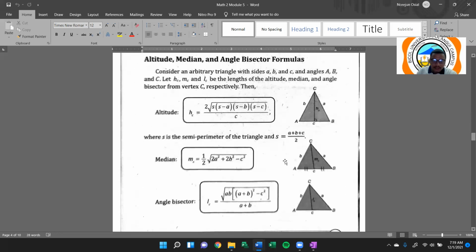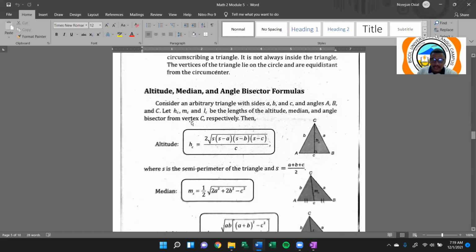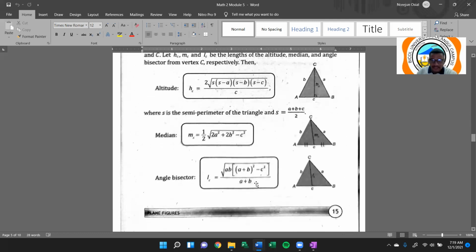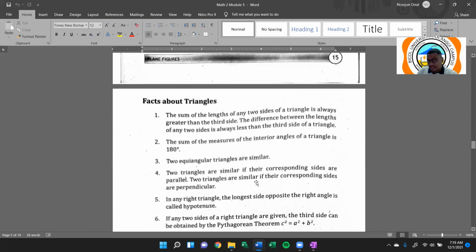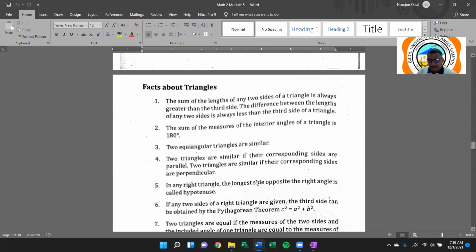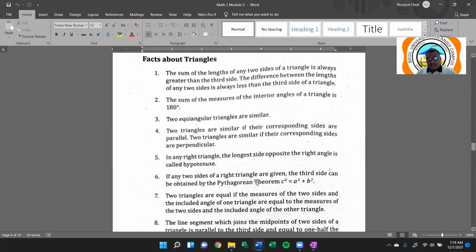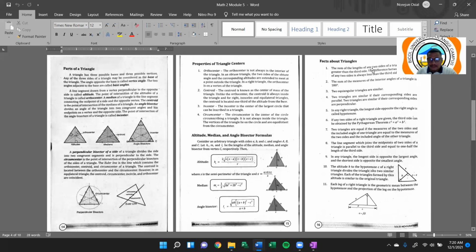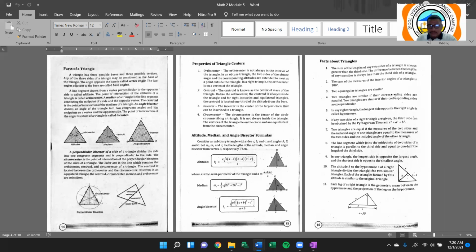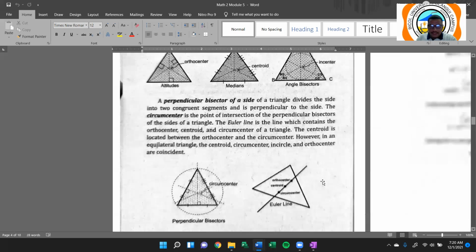Okay, so now let's talk about the altitude, median, and angle bisector formulas. So again, you just have to read this, class. It's very straightforward. You can follow this, and then you can read about the facts about the triangle, which are all useful when solving problems. So just read this one, okay? Then,